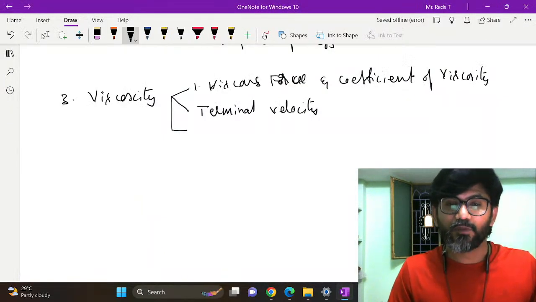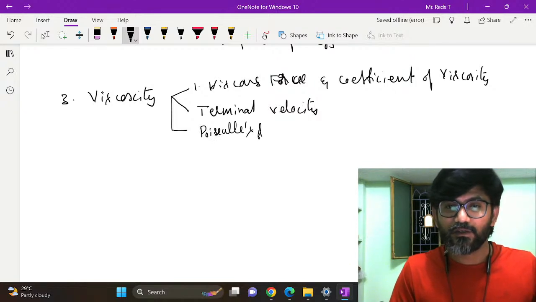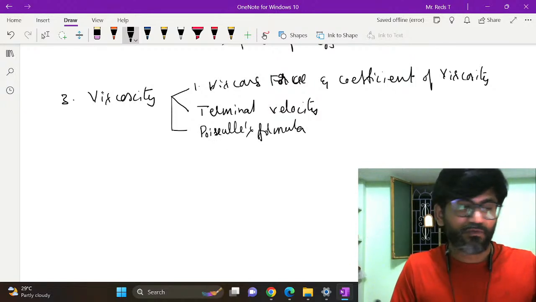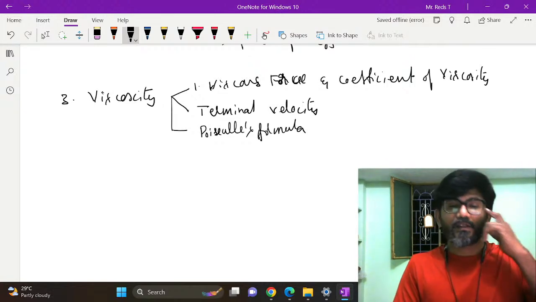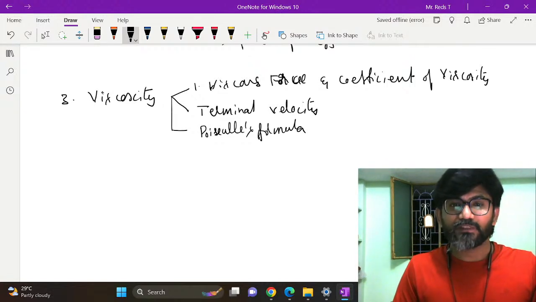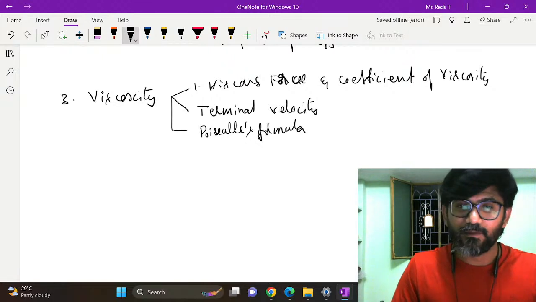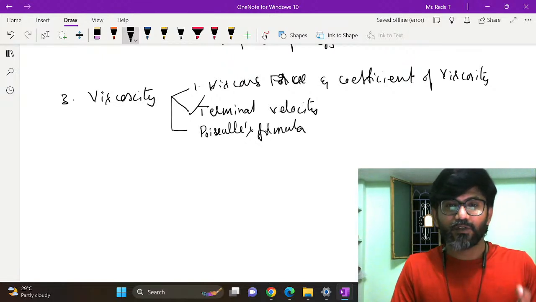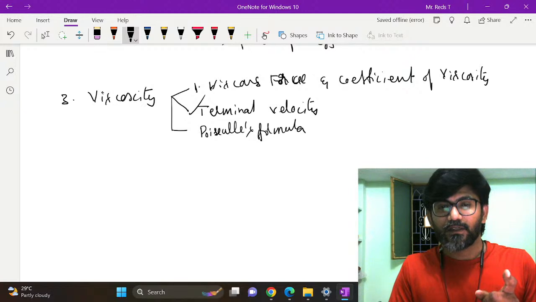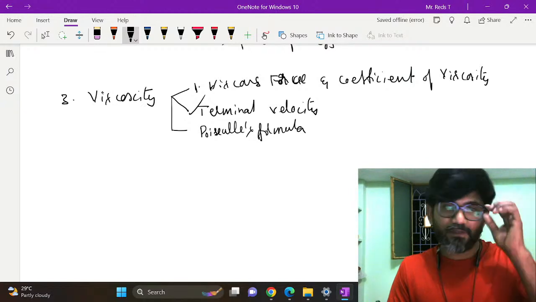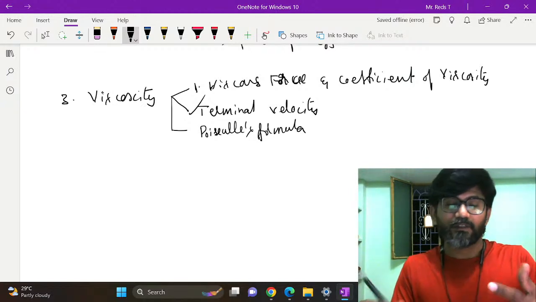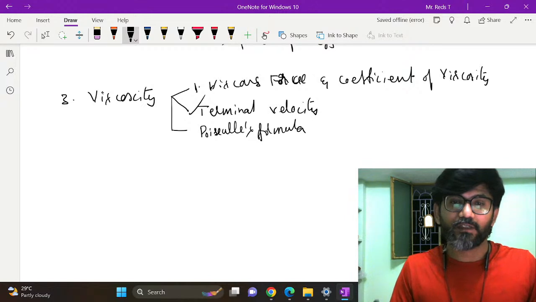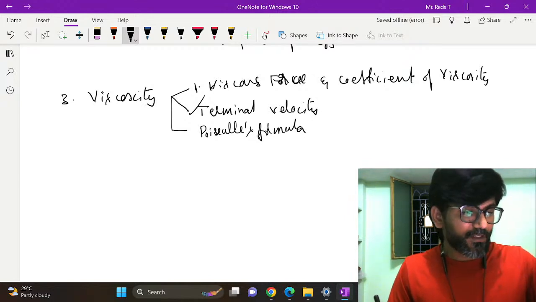Terminal velocity and Poisson's formula. As part of viscosity, these terminal velocity based questions are a little more important. This concept of terminal velocity we make use of in other chapters also. Some interrelated questions will come here, and the next one is